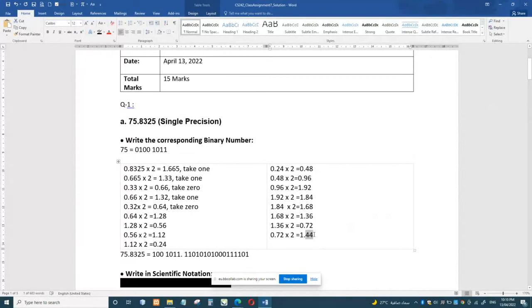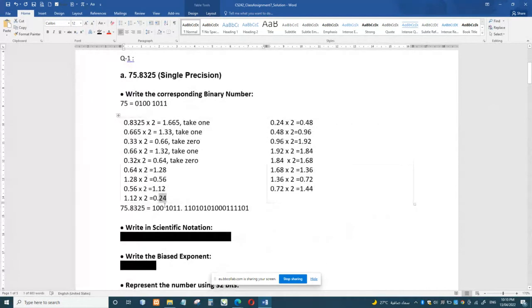But in the exam, I am not telling you to go up to 23 times. Are you understanding? In the exam, if you go up to 8 to 10 times, that will be fine, provided that your number is like that, where you still have some fractional values. Are you understanding? You can continue. In that case, 8 to 10 times will be fine at least. So this is our total number